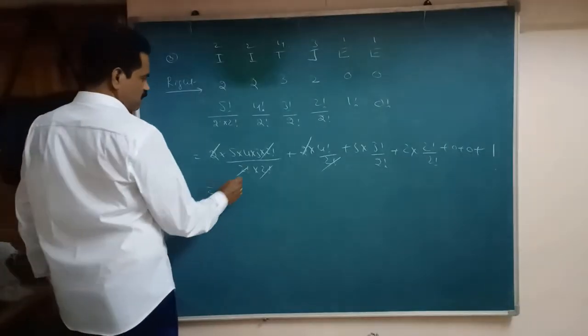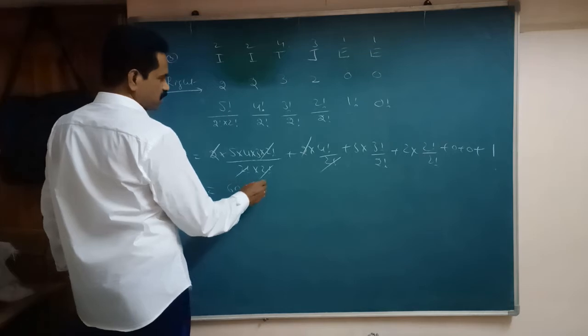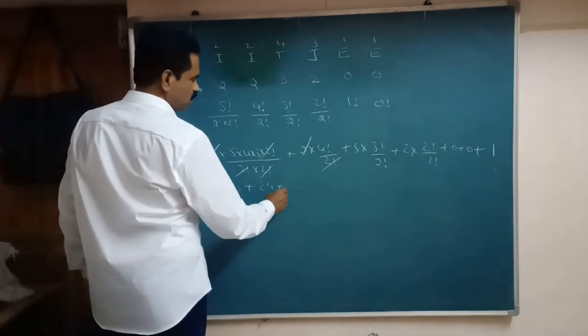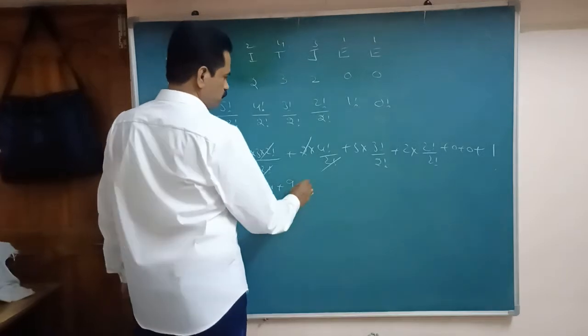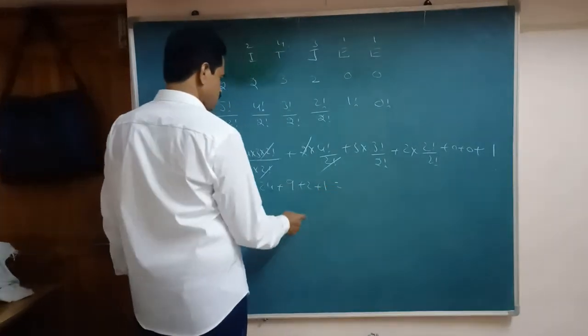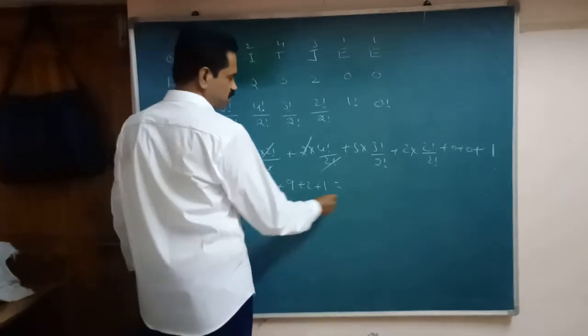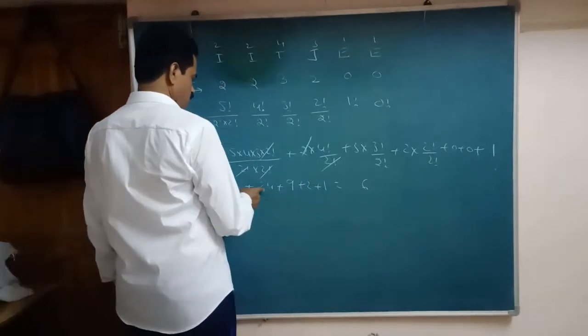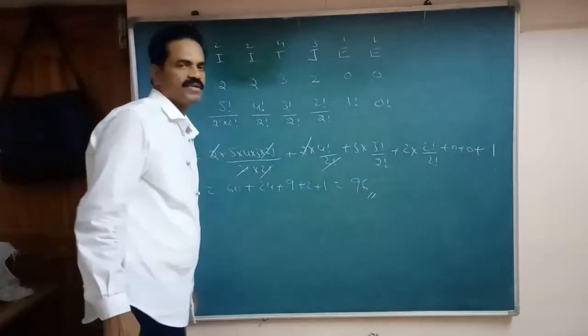So multiply here. 3, 12, it is 60. It is 24. It is 9. Next 2 plus 2, next plus 1. Add this one. 3, 12, it is 12, 4, 16. 1, 2, 3, 3, 6, 9. So its rank is how much here? 96.